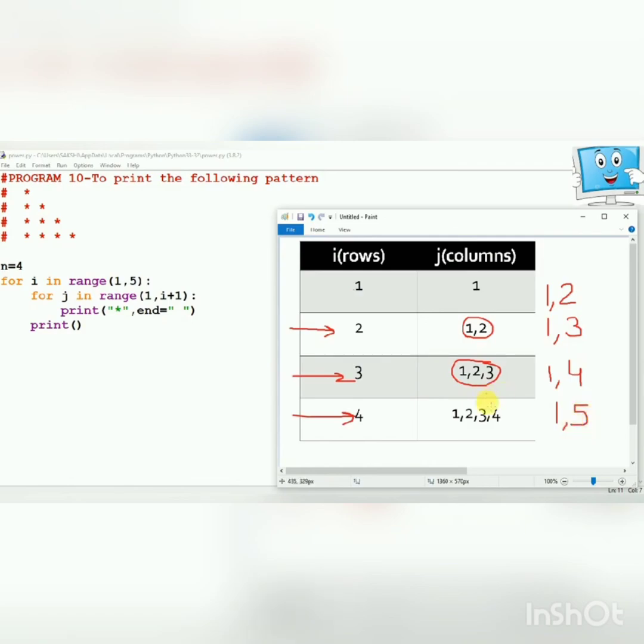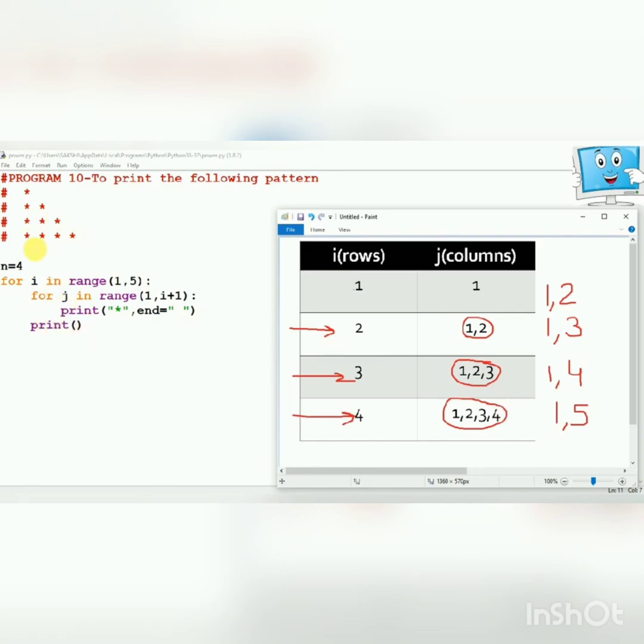So how many times will the star be printed? 4 times the star will be printed, as it was printed 3 times in the earlier condition. So first it will give the first star in the 4th row, then space, then second star, then space, then third star, then space, and then fourth star, then space. And after that, as soon as the condition becomes false, it will bring the cursor to the next line. This is the way the loop is getting executed.